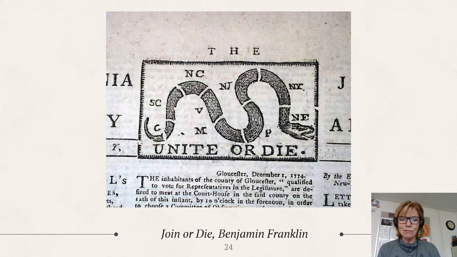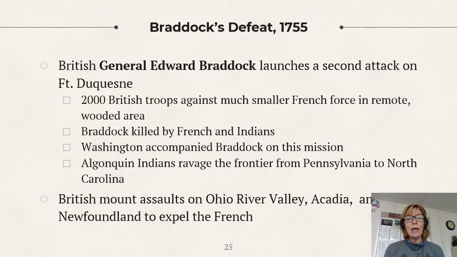At least 3. All right, then the English try again, another attack, and this one, General William Edward Braddock, excuse me, goes up and tries to take Fort Duquesne. The only thing is, he's fighting like a British officer where they're marching in these straight lines and they're surrounded by the Native Americans and their French allies, and they're fighting guerrilla warfare. So they are attacked. Braddock is killed, right?